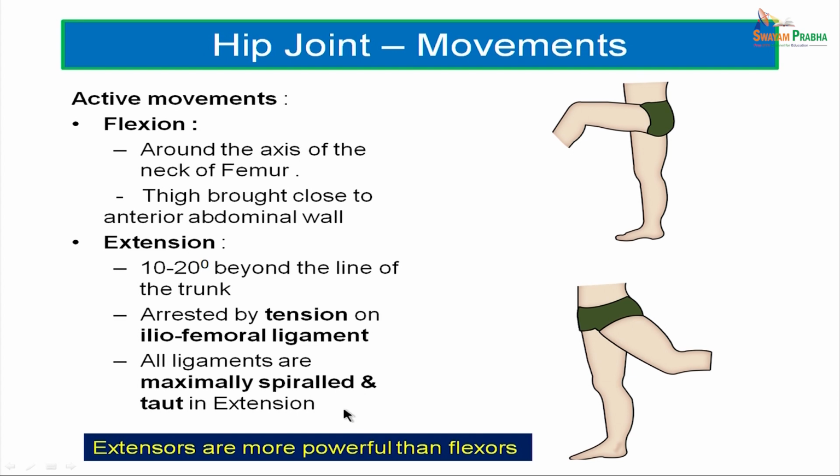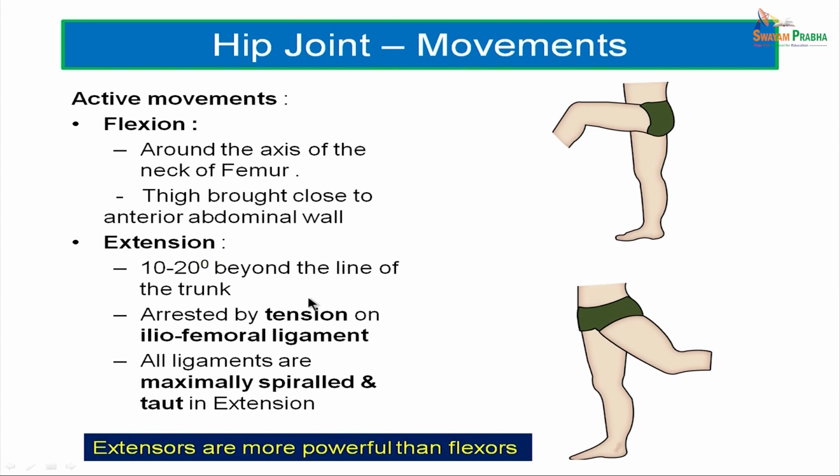The movements of the hip joint include flexion and extension. Flexion occurs around an axis which is around the neck of the femur. The thigh is brought close to the anterior abdominal wall. This is the movement of flexion. The extension is the backward movement of the thigh and it's 10 to 20 degrees beyond the line of the